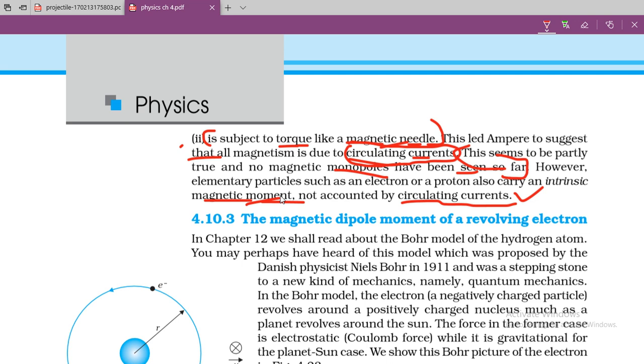So I hope you understand the concept of how current carrying loop behaves as magnetic dipole. Okay,